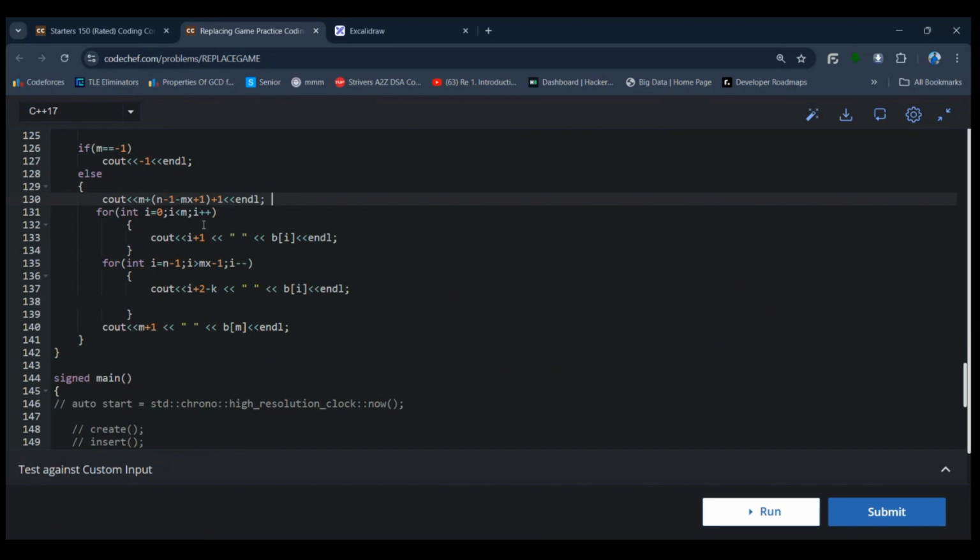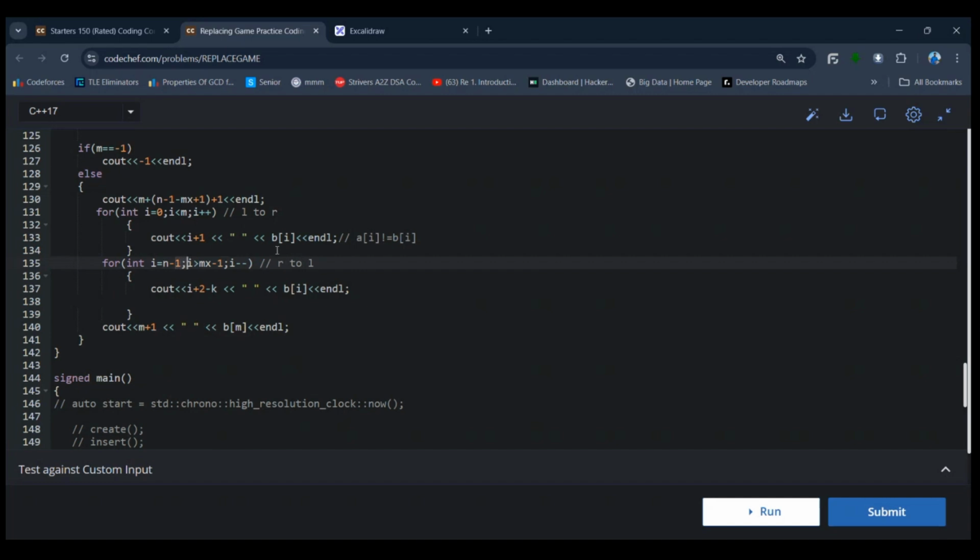This would be my total number of operations। अब series of operations क्या है? पहले तुम left to right चलो, पहले L to R, तो हम 0 से लेके less than n तक गए, और हमने simply क्या किया, हमने इंडेक्स print किया one based indexing में i+1, and हमने b of i print किया। b of i क्यों? क्योंकि if ai is not equal to bi, ai दिया है, तुमको क्या करना पड़ेगा? कौन सा character select करना पड़ेगा, ai या bi? You need to select bi, right? अगर तुमको ai को bi के बराबर बनाना है तो you need to select bi। तो हम यहाँ पे bi select कर लेंगे।